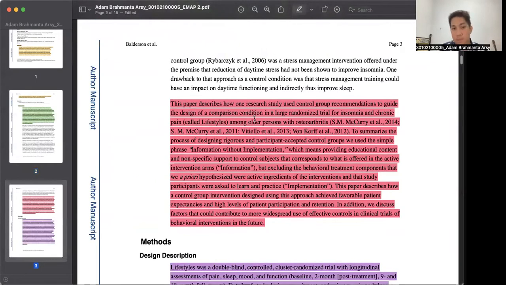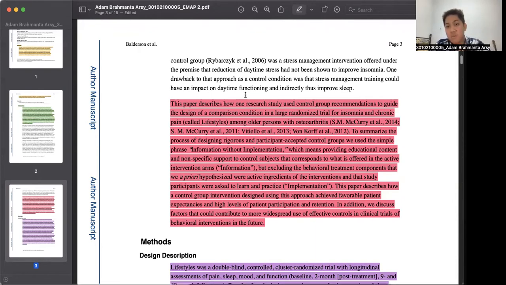This paper describes how one research study used control group recommendations to guide the design of comparison conditions in a large randomized trial for insomnia and chronic pain among older persons with osteoarthritis. To summarize the process of designing rigorous and participant-accepted control groups, we used a simple phrase, "informations without implementations,"